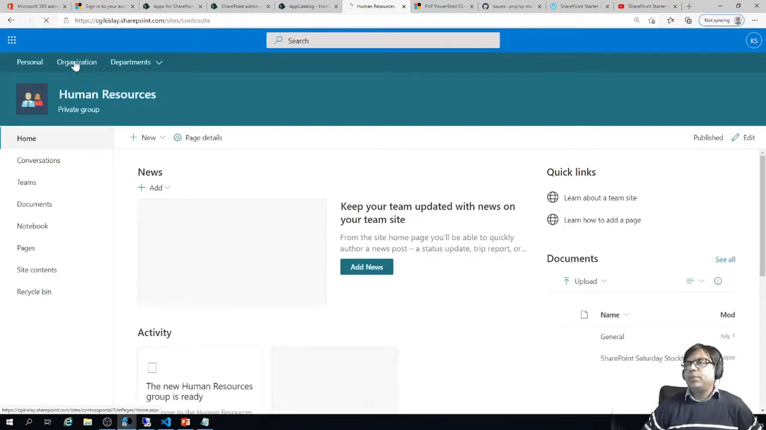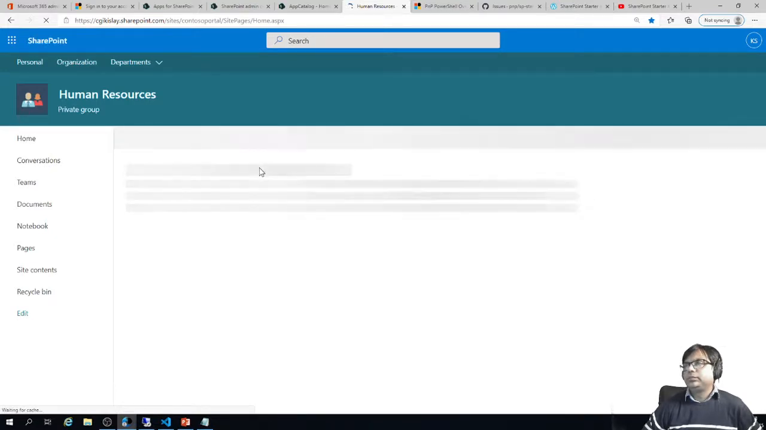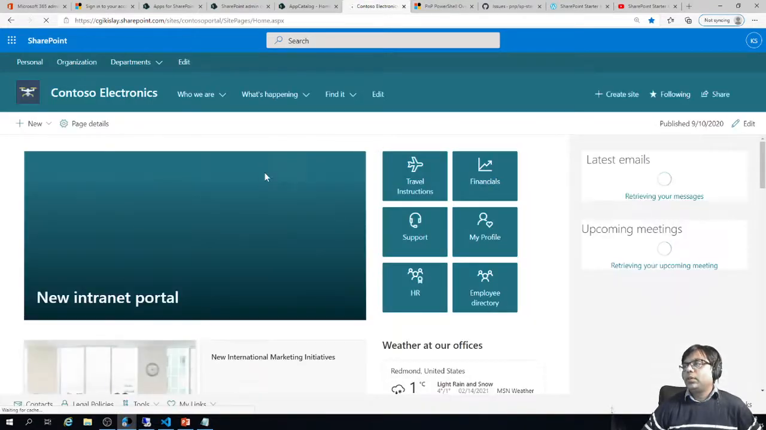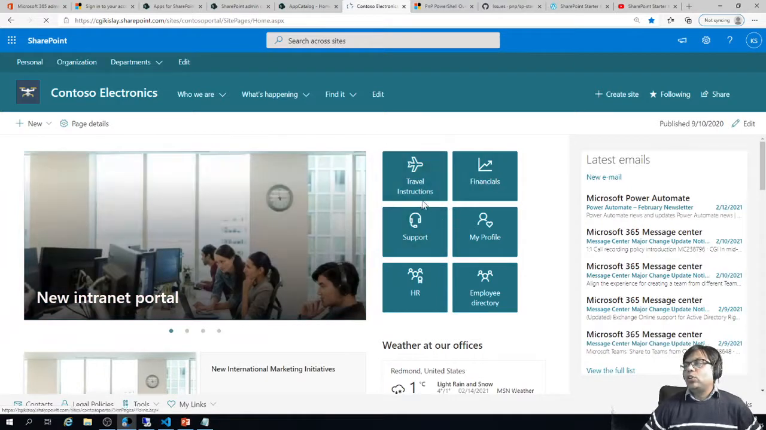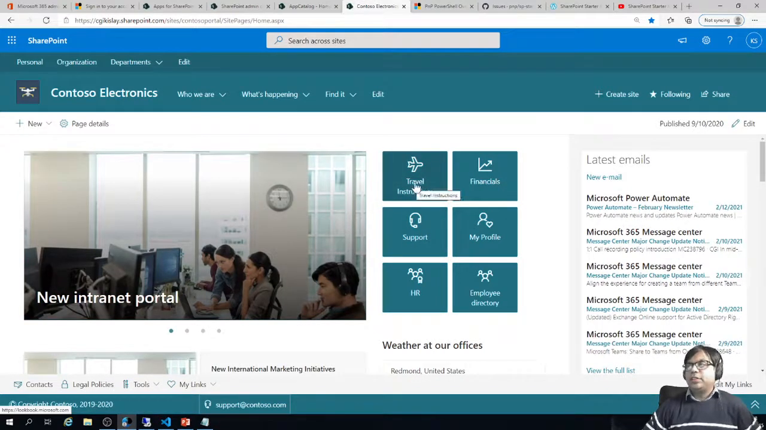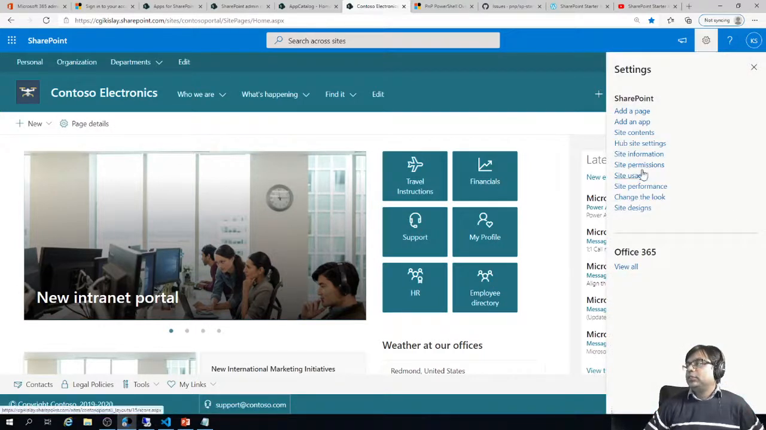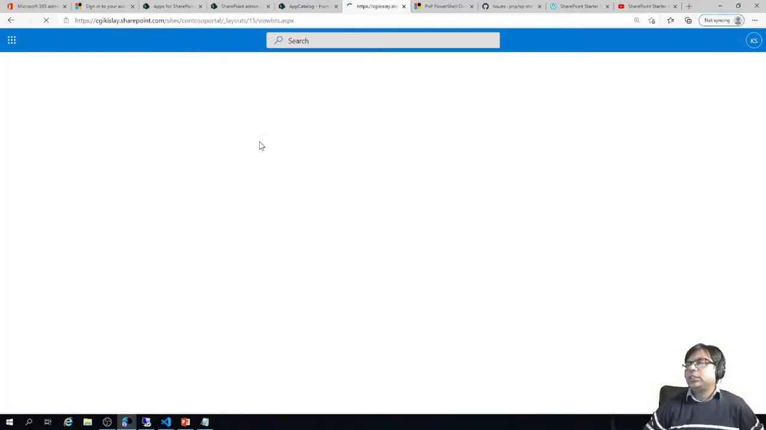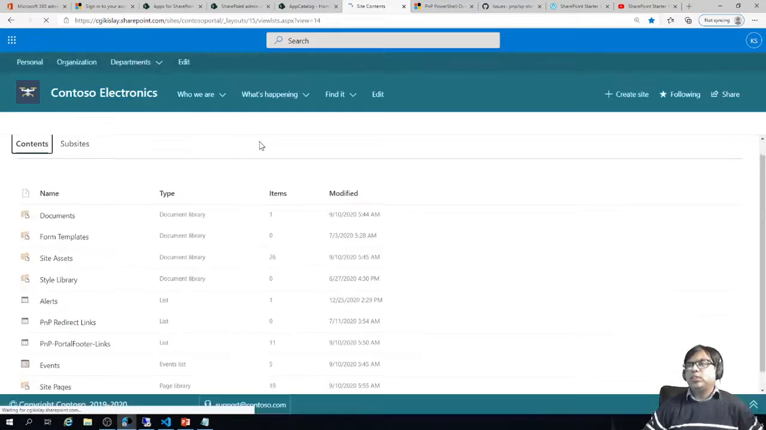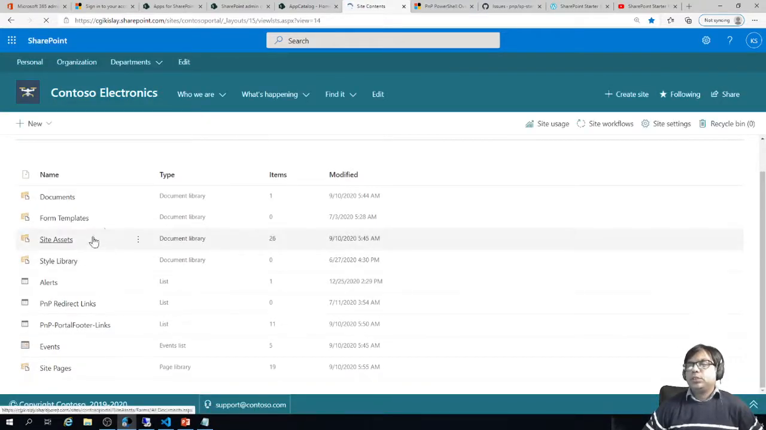And let's go back to organization. And you can here see all the like internet portal, travel instruction, financials. So all this has been already there. So I would like to show you a bit of information from the back. So site contents. So this is the place where you can actually see what things have been there. So you can see different extensions have been created, and there is an alert mechanism also, which I can show you. So if you go to alerts